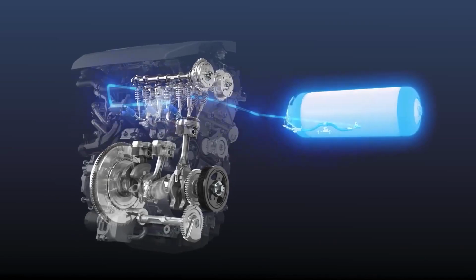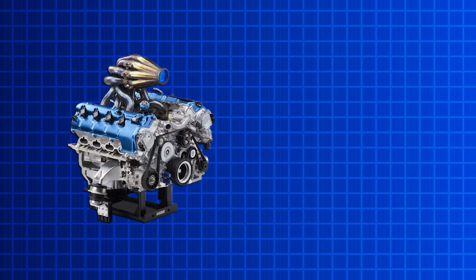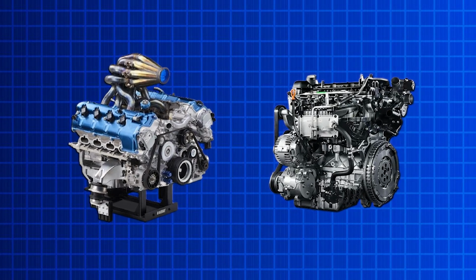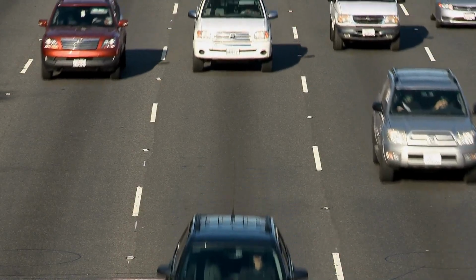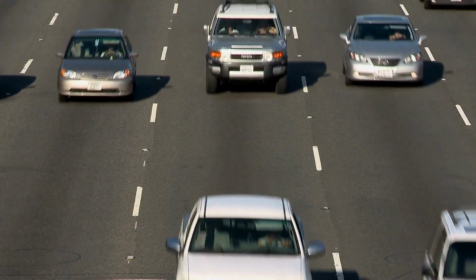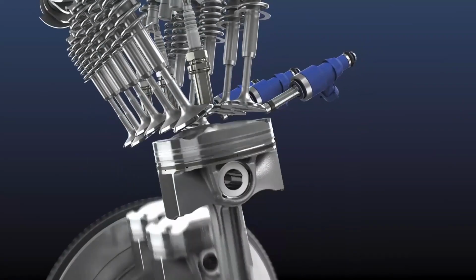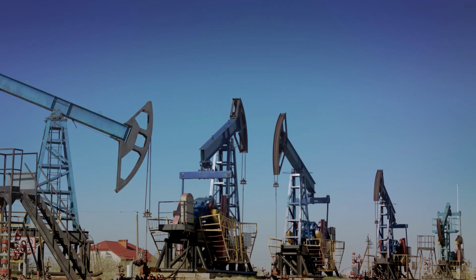What's even more impressive is how simple these engines are to produce. They have a relatively straightforward mechanical design, only slightly more complex than gasoline engines. This makes them cheaper and easier to manufacture than both electric vehicles and hydrogen-powered cars. And because they don't rely on oil, water-powered engines could be the perfect solution for countries that don't have access